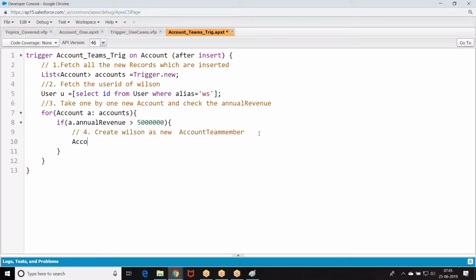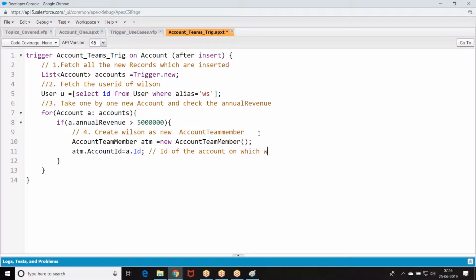Now I told you already, account team member is a standard object. Account team member ATM. ATM dot account ID, which account? A dot ID, the ID of the account on which we want the team member.